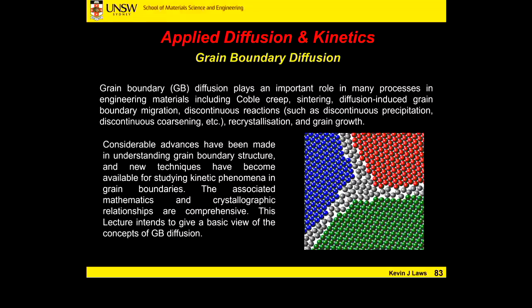In a similar way that it's very, very difficult to do calculations for things like nucleation, growth, crystallization, we use kind of roundabout ways of defining this, just like our classic nucleation theory. Advances have been made in understanding grain boundary structure. We now have characterization techniques where we can actually observe the grain boundaries quite well. With the advent of TEM, probably about 30 years ago, 40 years ago max, we can actually observe the structure